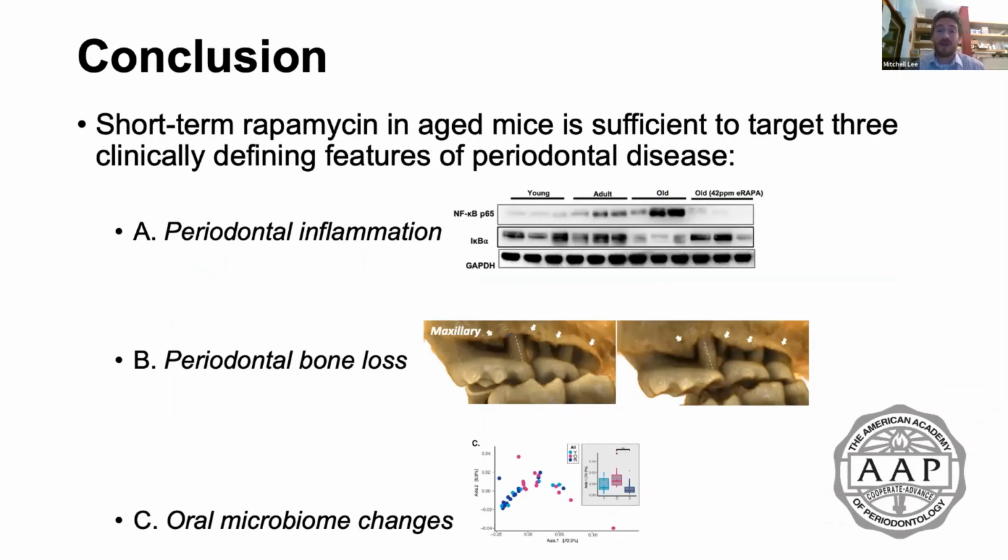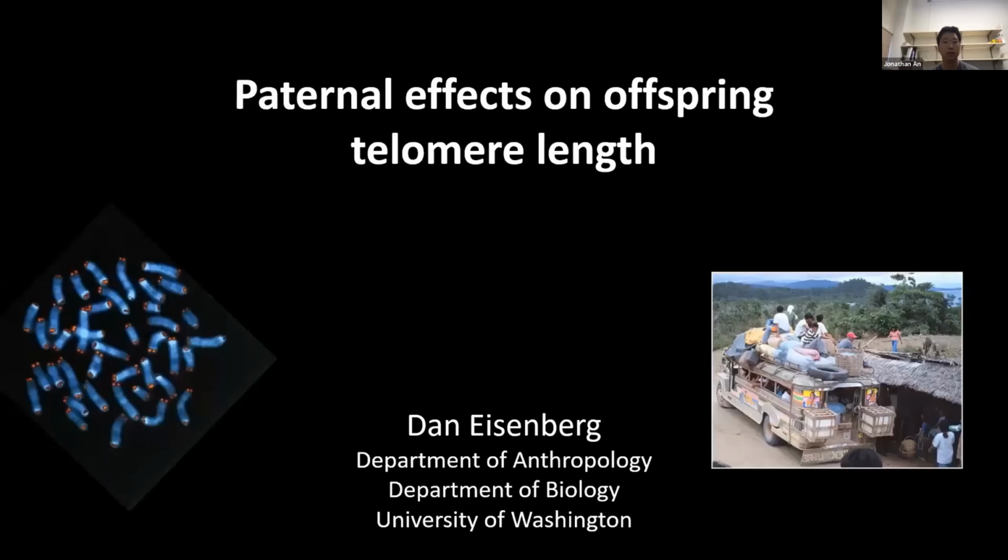Does rapamycin administration have to be systemic, or would something like a mouth rinse do the trick? No, that's a great question, and that's something we're looking at. Our lab right now is doing what we call localized microinjections within the mouse tissue, in the gum tissue, to see if that replicates the systemic response. We don't know, but